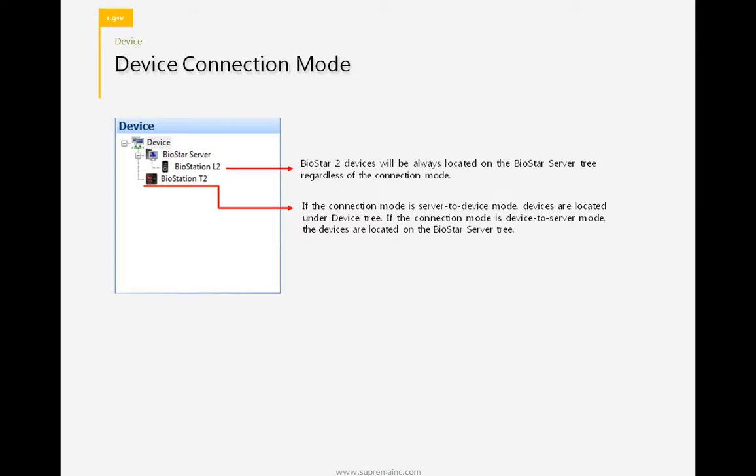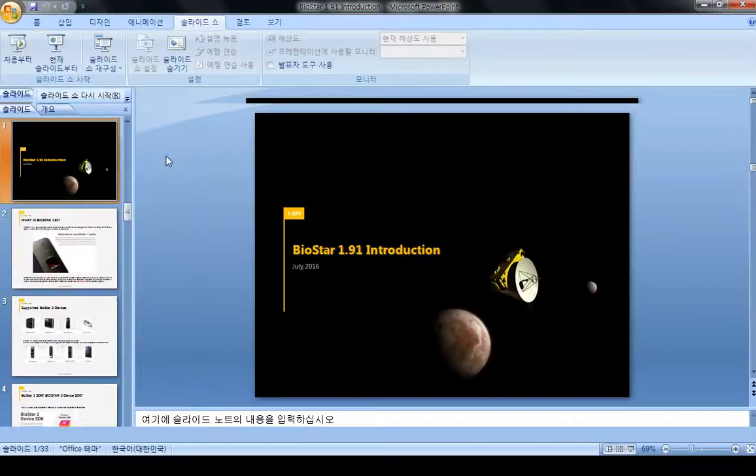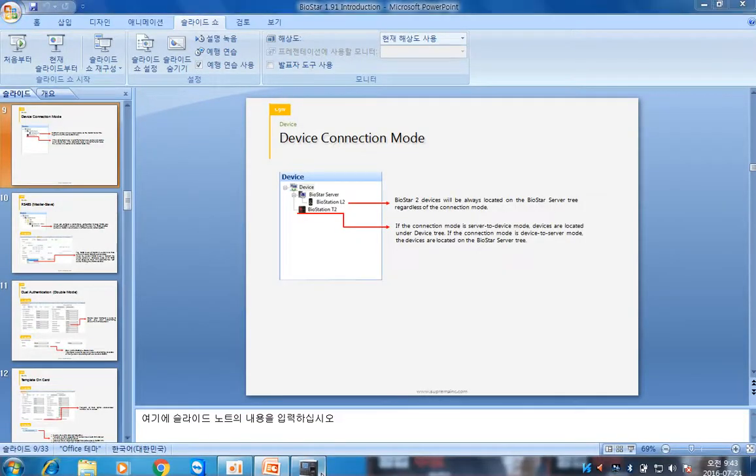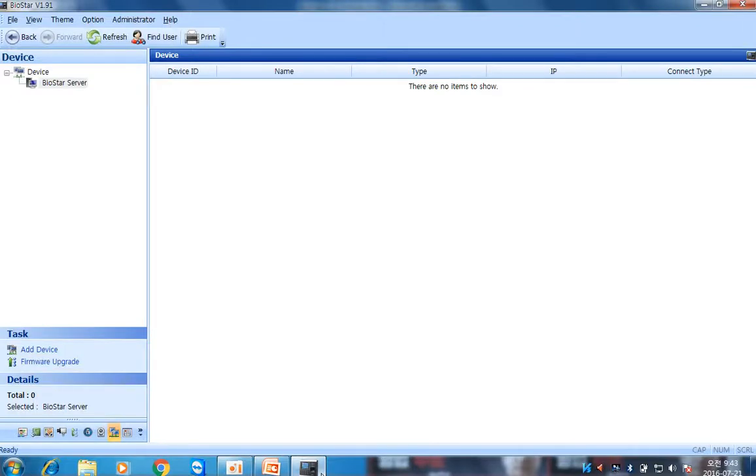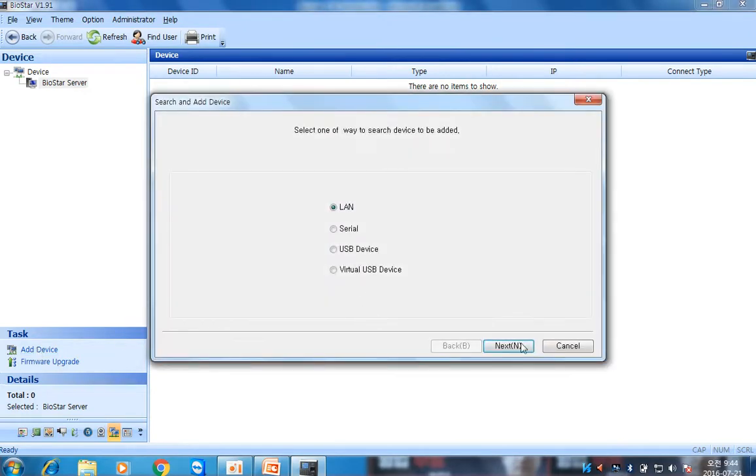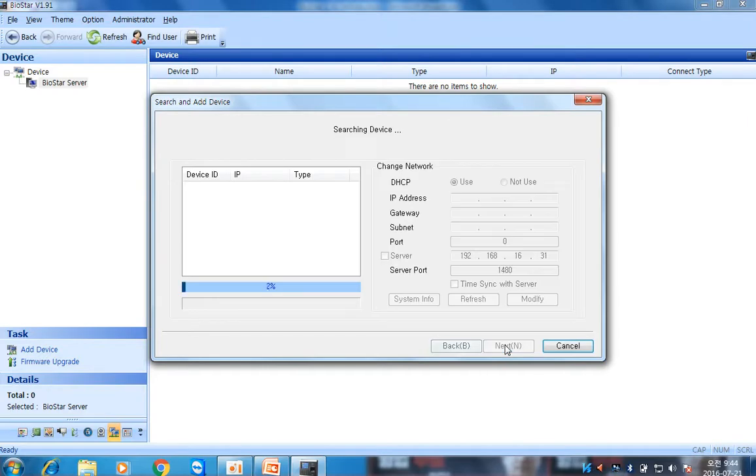I'm going to open my BioStar 1 and show you the difference. Right next to me, I have a BioStation T2 and a BioStation A2. This is BioStar 1.91. I don't have any devices connected now. Let me search for the devices which are located right next to me.